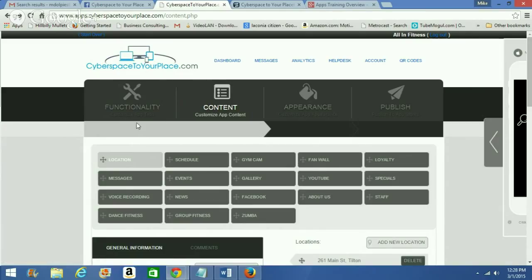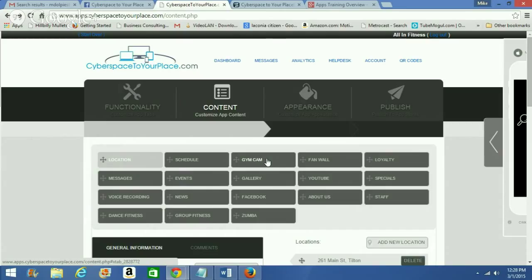Now, a few other things I want to tell you about. Obviously, your schedule, all pretty straightforward. GymCam is basically an interaction part of your app, where members can click on it, take a photo, and send it to you, which is pretty cool. You want to encourage that engagement: hey, take a picture of our belt promotion or of classes and share it with us through the mobile app. Now, what happens is that